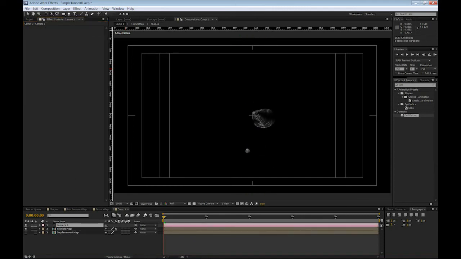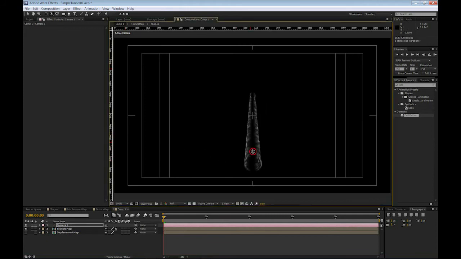Just going to move the camera a little around to show you. This is how it looks. One of the things that you notice right here is that on the very edge where the two pieces come together, you do get this dark area that's semi-transparent,